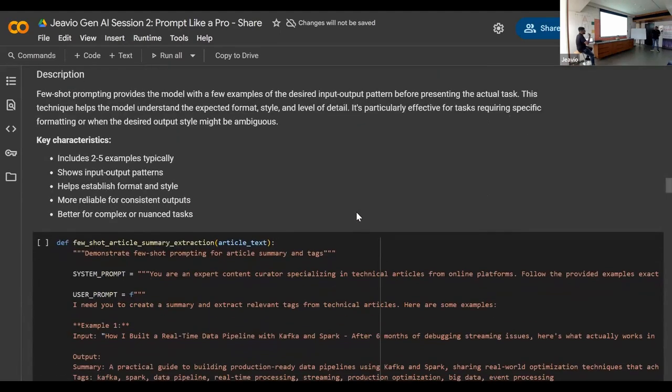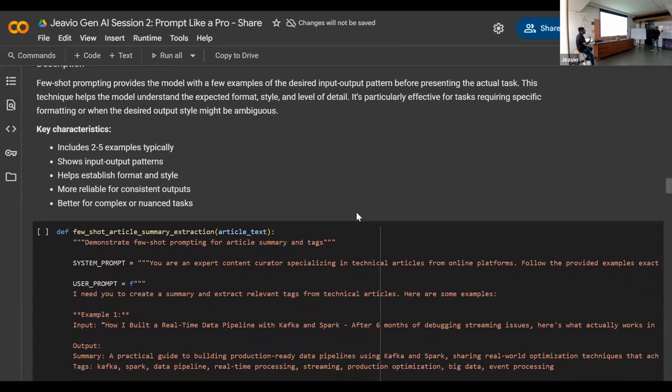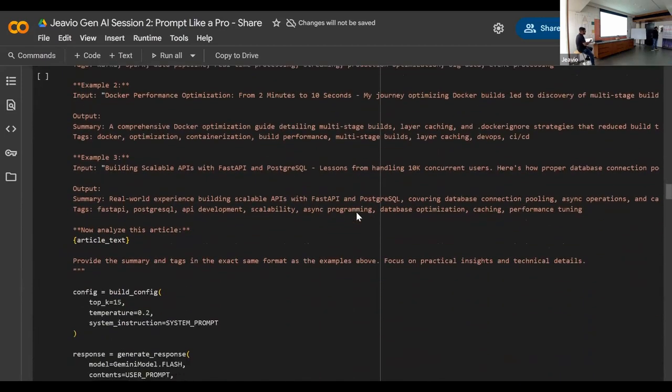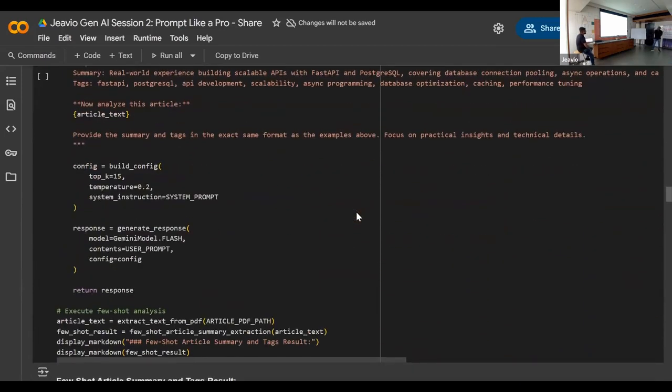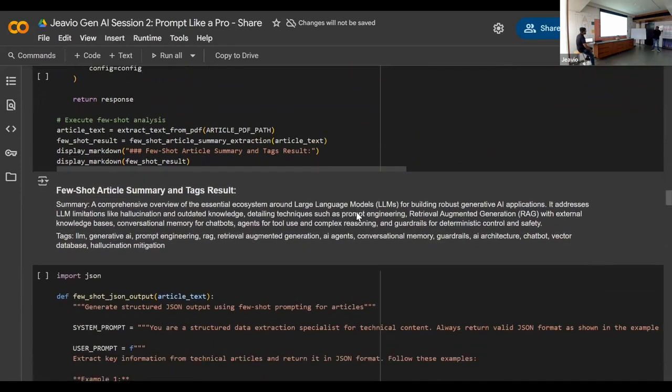In the user prompt, we provide some examples of what kind of data input you will get and what output we need. As mentioned, we want the output to be a summary, and we also want some text out of it. Based on the article, it should also generate some text, which is very similar to how Medium does the text, and you can search on it. I provided 3 examples of it, and then the article text. Based on it, it will provide me the answer. As you can see, it provided me a concise summary and all the text that could be generated based on the article text.